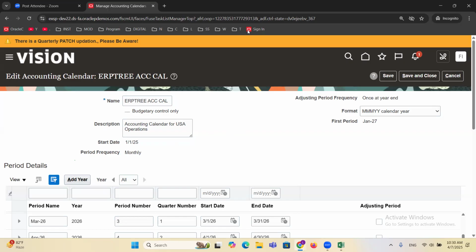I have a question on the adjustment period. Let's say at the end of the year we have an adjustment period. Instead of using the adjustment period, can we use the same December period for adjustments, so that we don't need to